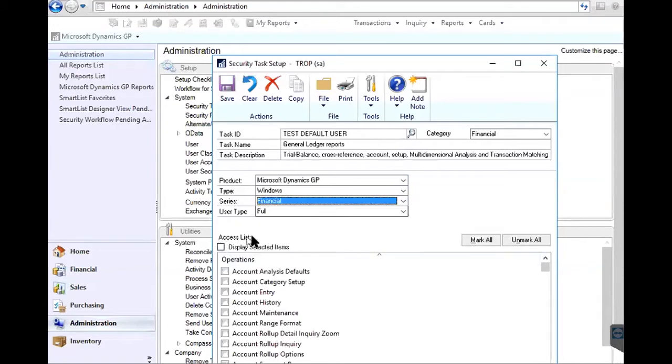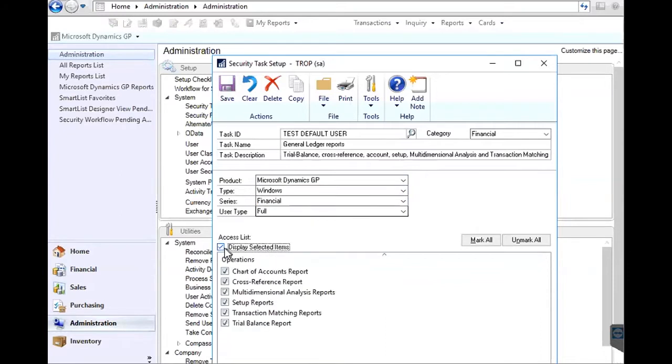So if I click on the access list, display selected items, it's going to show the items associated with this task. So you have a holistic view if you need to add additional items to this task list, or should I say additional windows. And if you select to narrow it down, it shows a minimized version of only the selected tasks. If you were to save this,